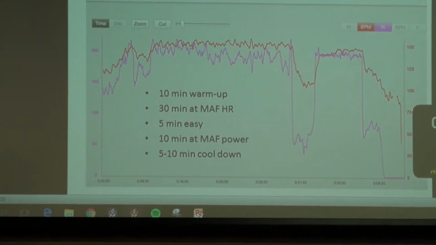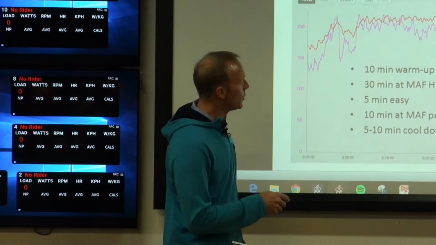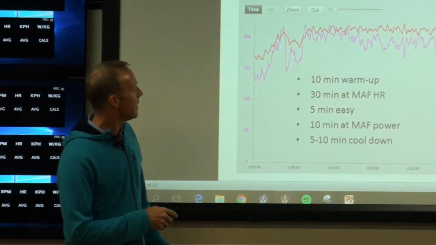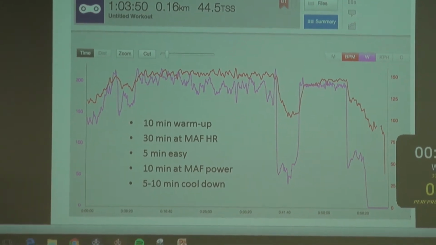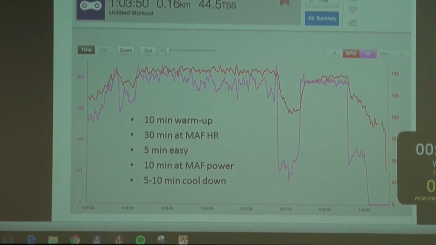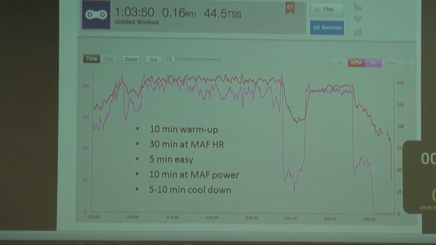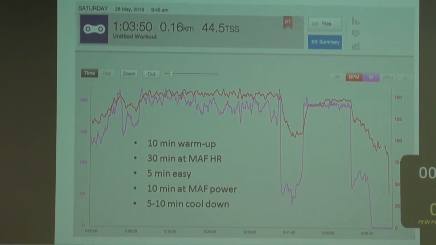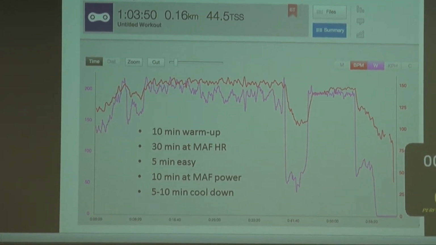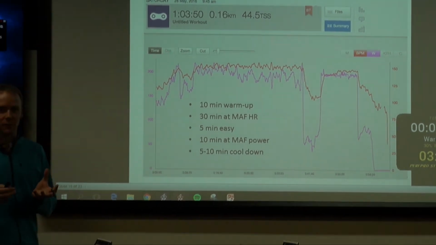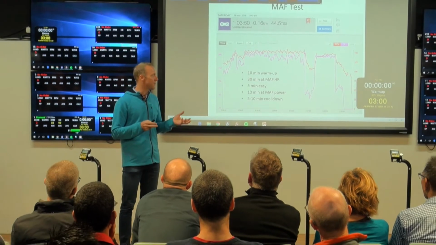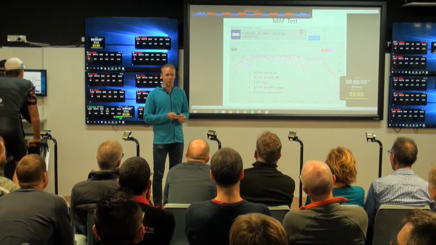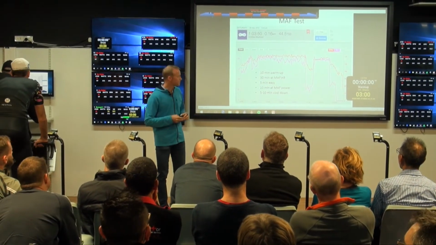The power output wound up being, just out of interest, 197. To compare that, I did the Taupo Ironman at about 212, 215 watts, something like that. So your Ironman pace on the bike is probably where your MAF level, or your aerobic threshold, is.